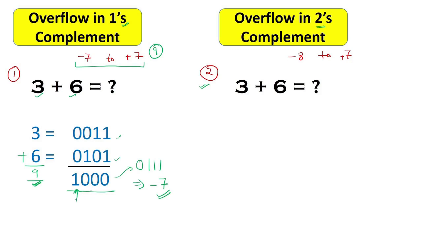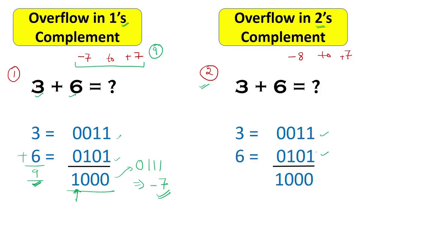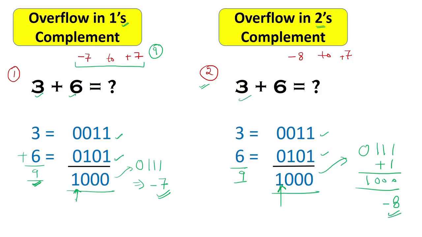Now let's see the case of twos complement. In twos complement, my representation will be this one, and here you can see the positive numbers are represented in the same way in ones complement and in twos complement. Now if we add, we should get simply 9, as we know. When we add it, we got this one. Now in twos complement, I have to interpret it. This one is telling me this is a negative number, so to interpret it in twos complement, I have to do this. This tells me that this is 8, and this one tells me that it is negative. So I got minus 8 from the computer after adding 3 and 6. Again I got a negative answer after adding two positive numbers, so again we have got the overflow.